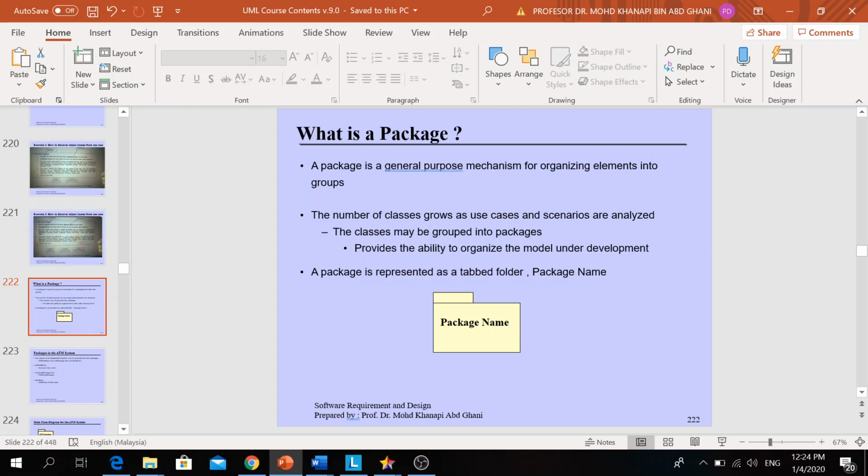We need to architect the system through model view controller, so the package is very important to present how the application looks.